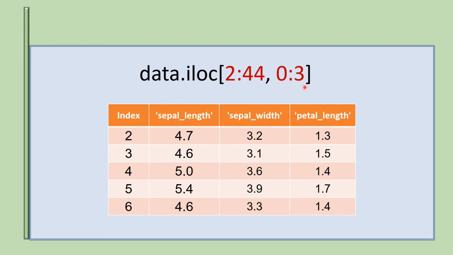And when it comes to columns, we have written 0, and since Python is a zero indexed language, the same thing is used here as well. It is again inclusive and 3 is exclusive. So ideally we are supposed to get 4 columns, but we are getting 3 since this number 3 is exclusive, and therefore we can see we are having 3 columns.